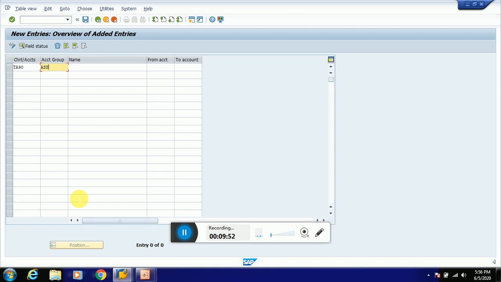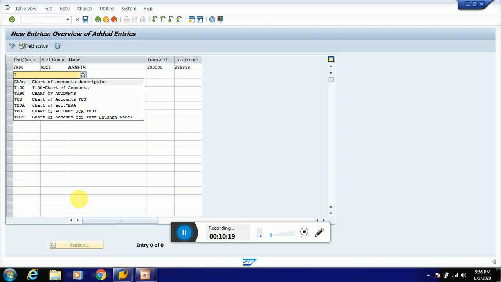So I am creating an account group for asset. Normally in real time, asset ranges start with number 2. It's 2 lakh to 2 lakh 99,000. We need to define the intervals here.